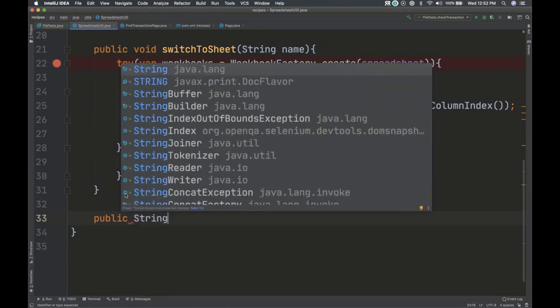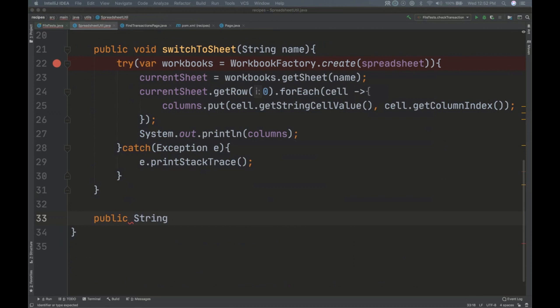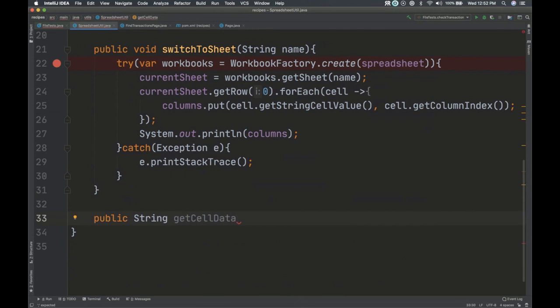So we'll make this a string for the return type, get cell data. And you're going to need to tell us the column, right? And we can get that from the map. And then the row to get it from. So we'll make that an integer.